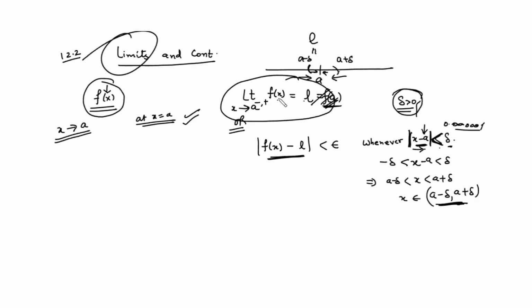Okay. So you have a function of a single variable. In mathematical notation, you simply put x to be a. If it gives a finite value, then that finite value is the limit of the function f at the point a. Another way we can write this: f(x) and L are very, very near to each other, they are approaching each other. So this difference is very small. This is another epsilon-delta definition of the limit, right?